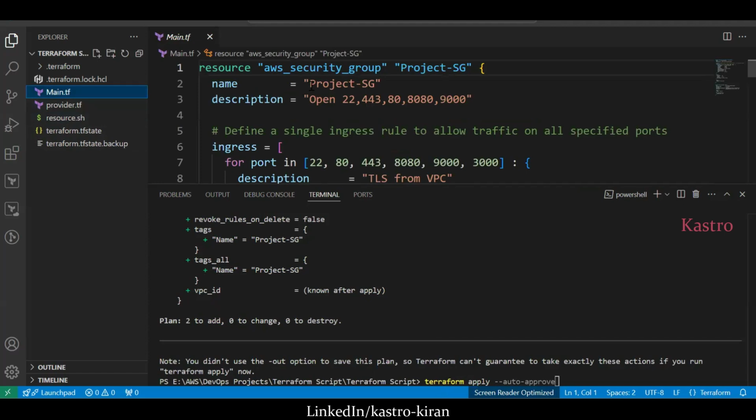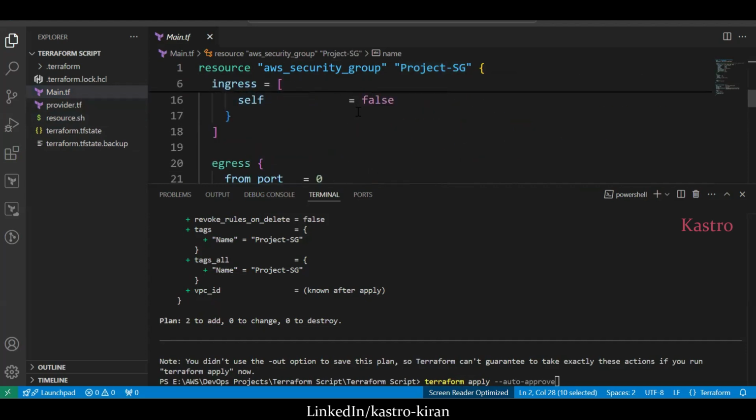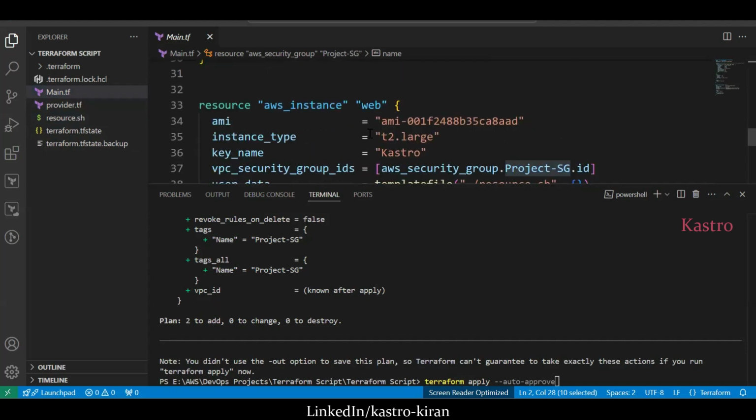If you see here, what is the security group name? I have given the security group name as project-sg. What is the instance name? If you scroll down, you can see I have given the instance name as Kastro. Now, by using these two resources, the security group will get created and the instance name will